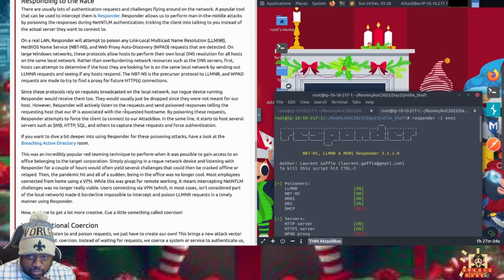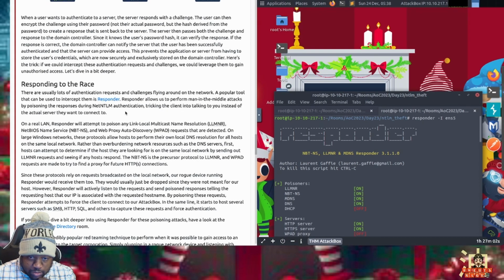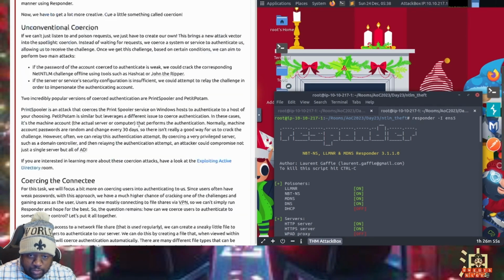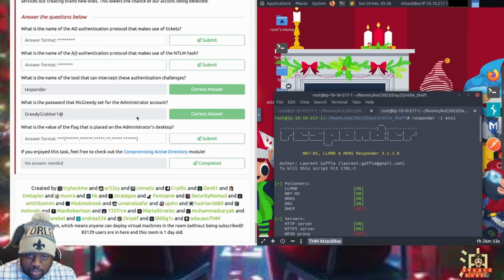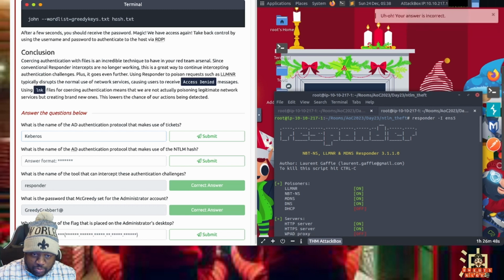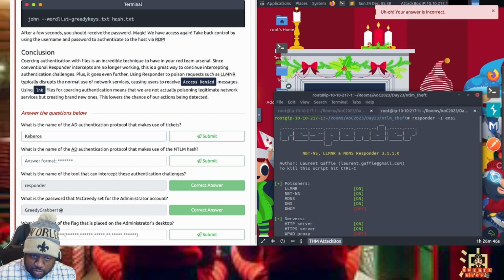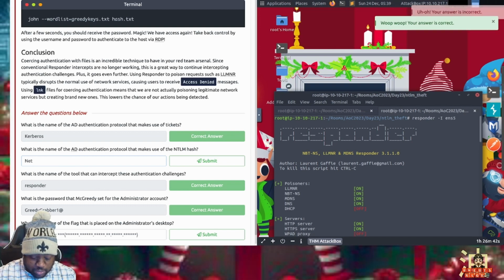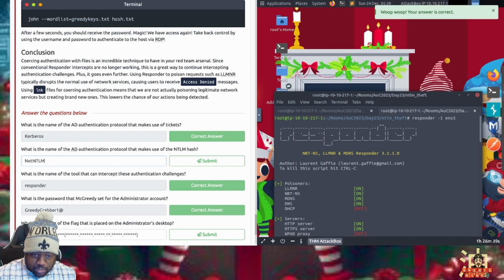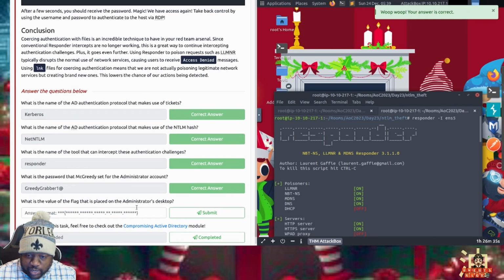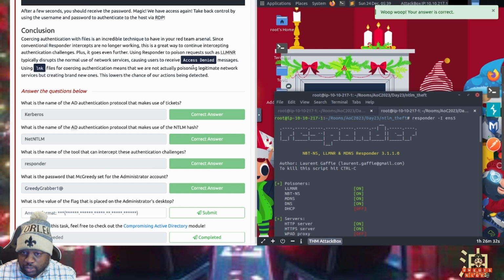So we had Kerberos, and we have Net-NTLM. Yeah, Kerberos and Net-NTLM.